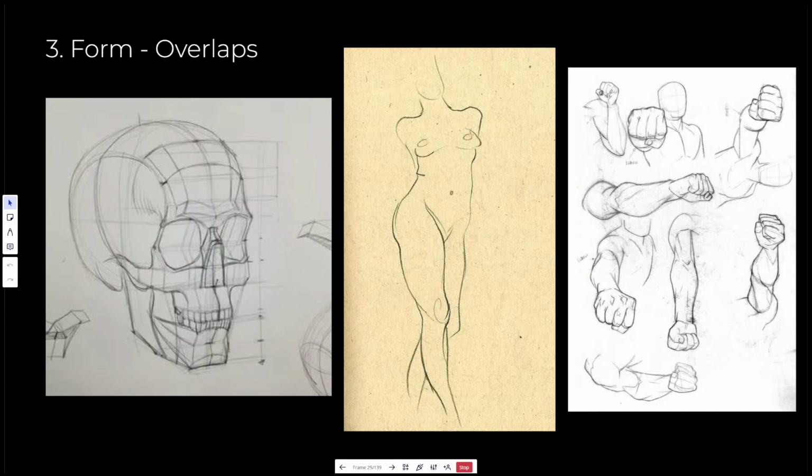And the third one here is this thing I call overlaps. This has nothing to do with, you could kind of say this is a little bit of curvature, but this is just constructing the form with lines essentially, right? And what's happening here is that through the use of overlaps, based on how we understand silhouette and certain forms, how those things work, we can complete the form on our own,